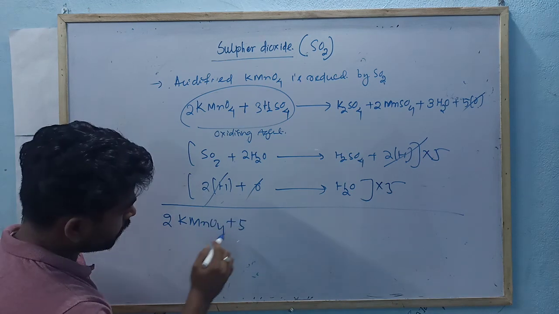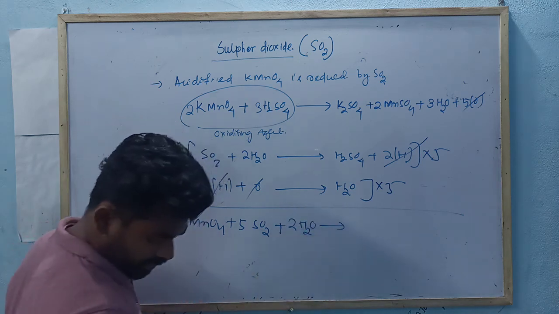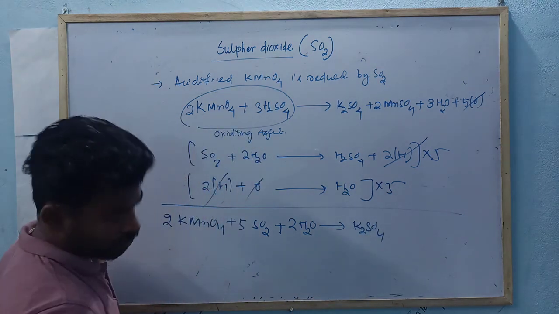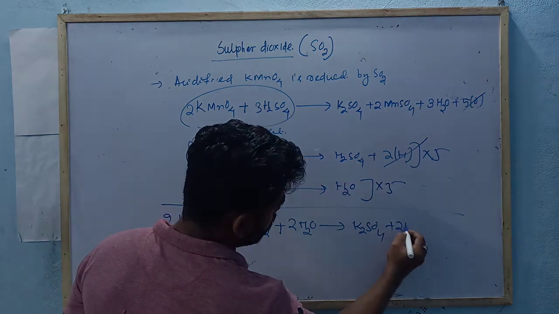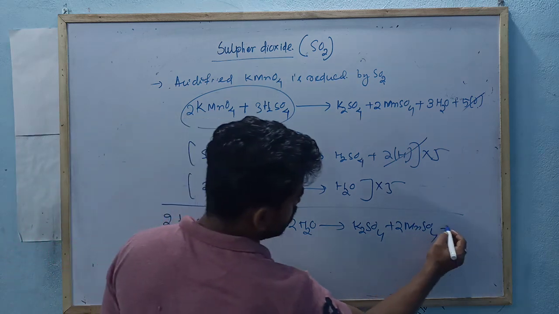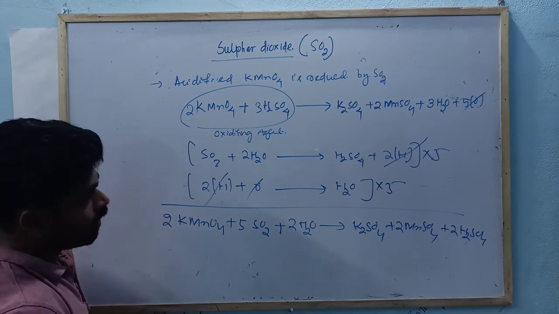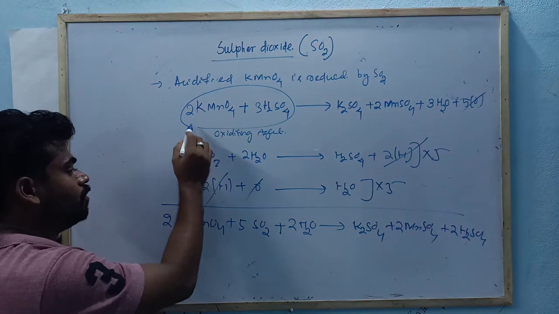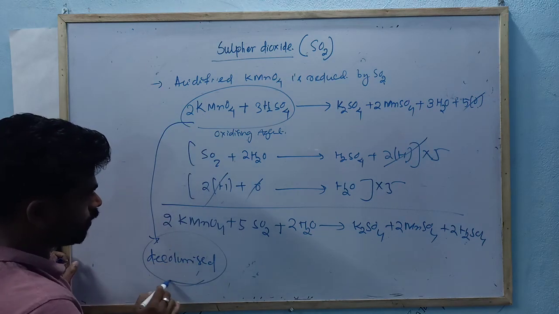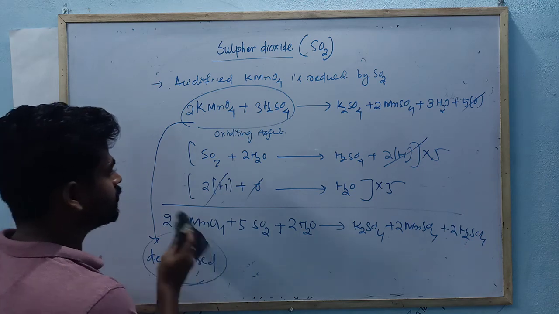That will be 2KMnO4 plus 5SO2 plus 2H2O giving rise to your K2SO4 plus 2MnSO4 plus 2H2SO4. Okay, and the coloration of KMnO4 is decolorized, the coloration of KMnO4 vanishes due to reduction over here. Okay, next